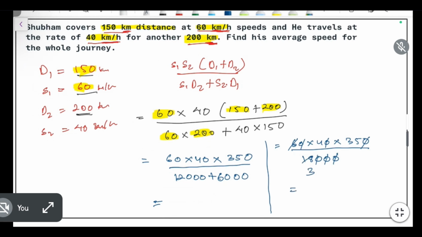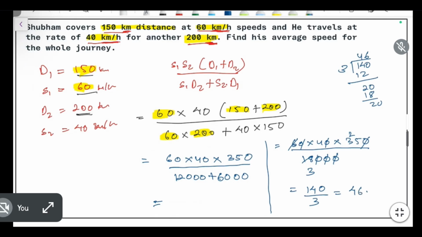So what do we have? 35 into 4. 4 5s are 20, 0, 2 in hand. 4 3s are 12, 13, 14. 140 divided by 3. Is this correct? 4 5s are 20, 0, 2 in hand. 4 3s are 12, 13, 14. So let's reduce this one. We need to find the average speed, so let us find it in terms of decimals. 140 divided by 3. 3 4s are 12. That means how much do we have? 20. 3 6s are 18. So 20. That means your answer will be